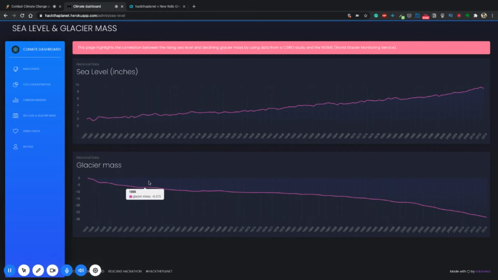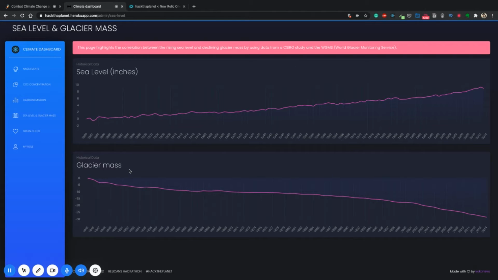A corresponding downward trend can be seen in the glacier mass. This can be logically explained: the sea levels are increasing, and the mass trapped at the poles of the earth in the form of glaciers is going down.